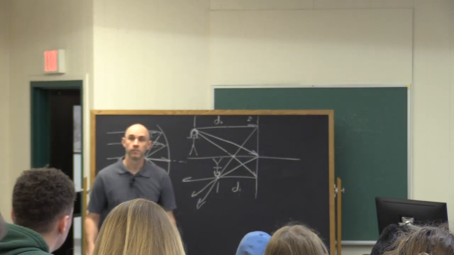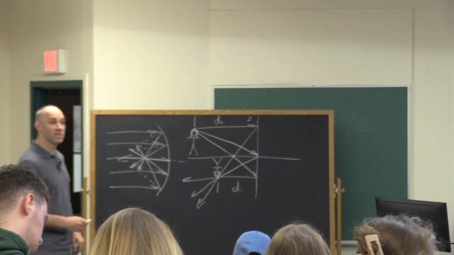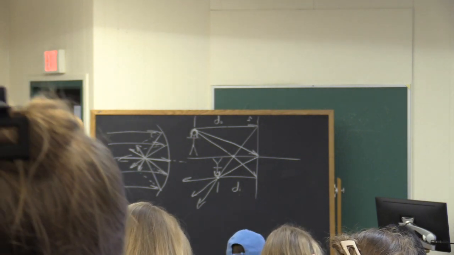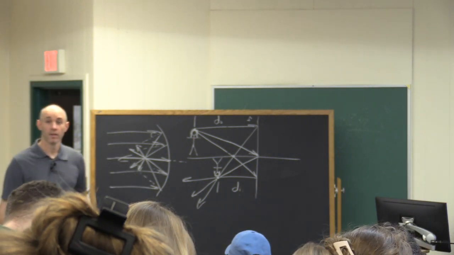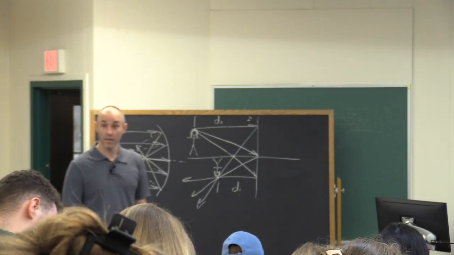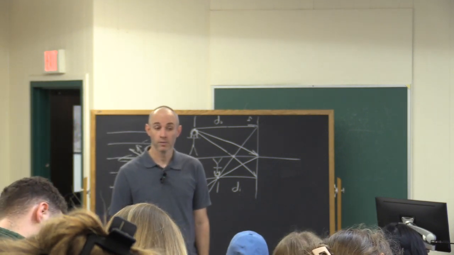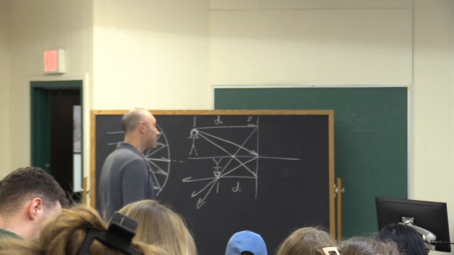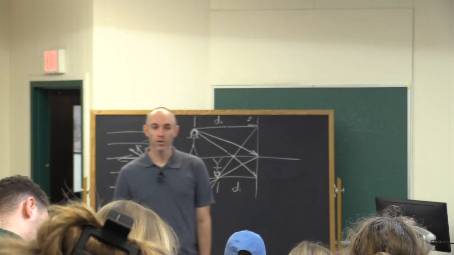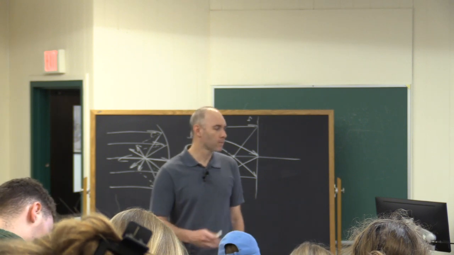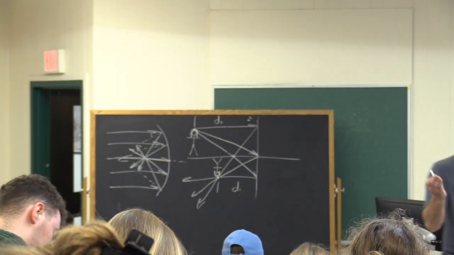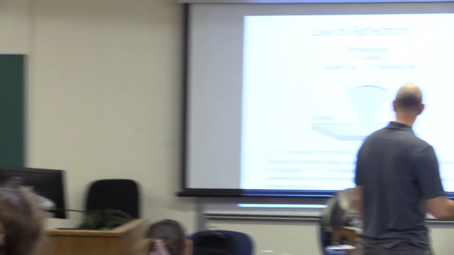And then what is the DO? DO is the distance from the object, the thing that's providing the light, to the mirror. DI is the distance to the image that's produced. That's kind of important because it has to do with how your brain interprets distances. I'm going to show you something. We're skipping ahead just a little bit, but because you asked that question, I want to talk about this now.